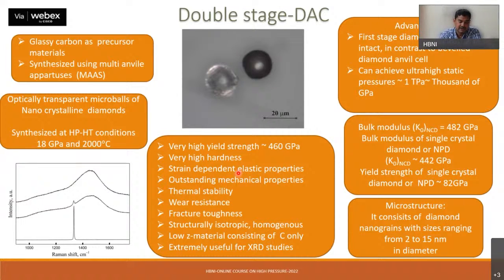So these nanocrystalline diamonds have outstanding mechanical properties. In addition, they have thermal stability, quite good wear resistance, fracture toughness, and they are structurally isotropic and homogeneous. And because this is made up of carbon, like glassy carbon, this is a low Z material consisting of carbon only. So they are extremely useful for X-ray diffraction studies at synchrotrons. So the advantage here is